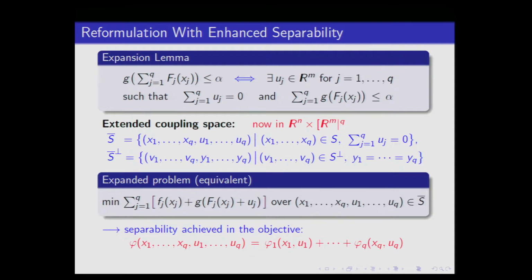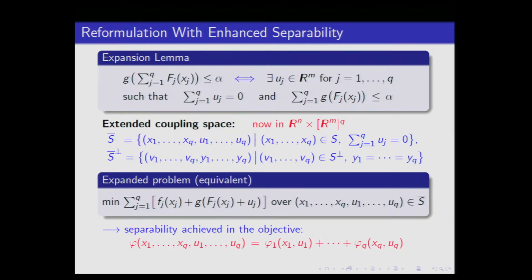This trick is simpler in this homogeneous case, but I can do it more generally. So I'm looking at that coupling term, and I suppose I want that less than or equal to alpha. I can rewrite this equivalently, I'm claiming. There's actually a very simple proof to it. It's just that people haven't really thought of it this way. That I can write it as,